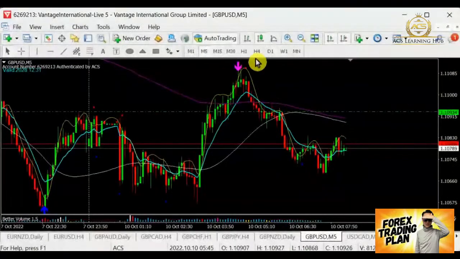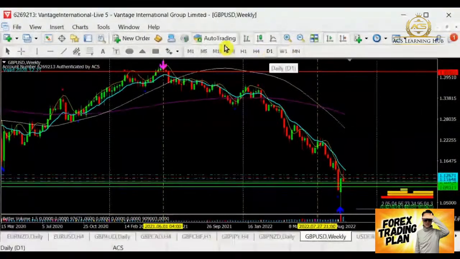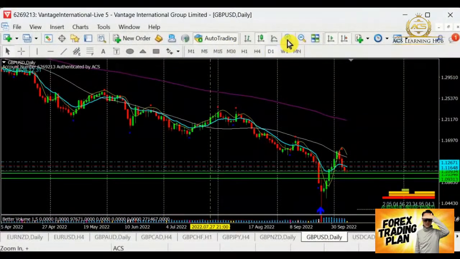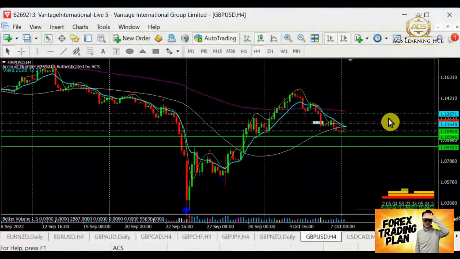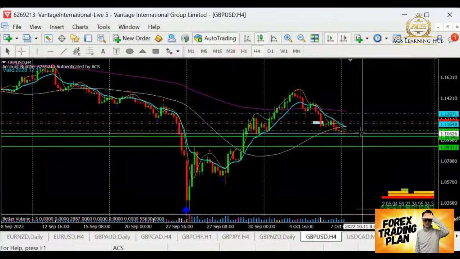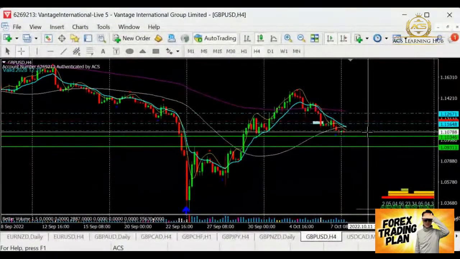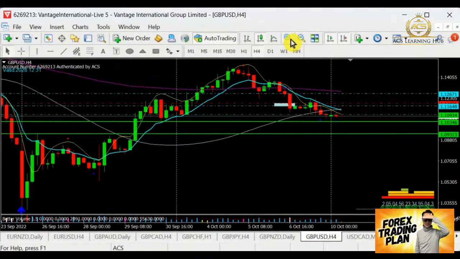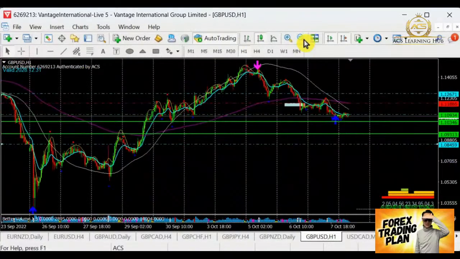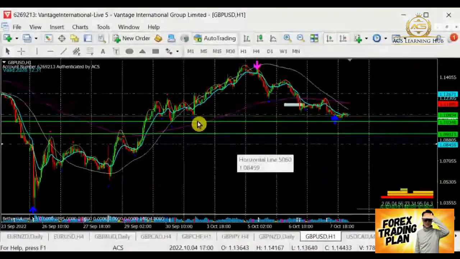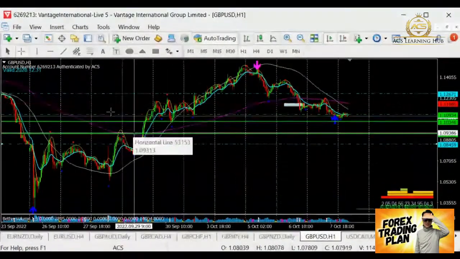Pound dollar. How about pound dollar? Let's take a look. We are now looking out for a selling. I'm still looking for a selling here. There's opportunity, but let's see if the selling will persist, if this support will be tested. At the moment, based on the current price to the support, we have about 45 pips. For pound dollar, it's going to be very similar to pound yen: I'm going to do a scalping within this area first, and after that, I will have a good chance. Let me check where's the good chance that I will go for a good selling. That is one way that I will see.